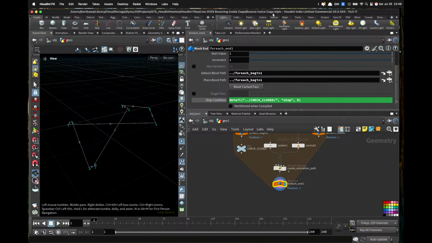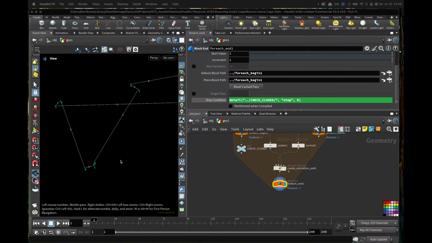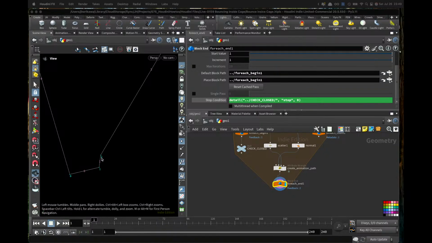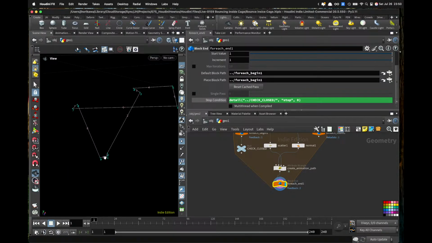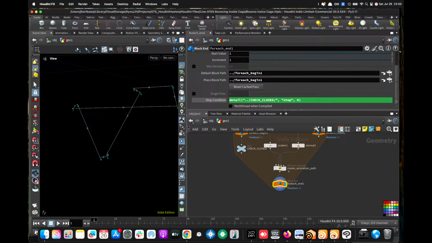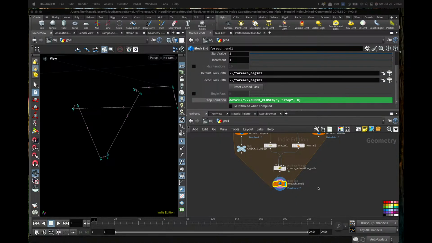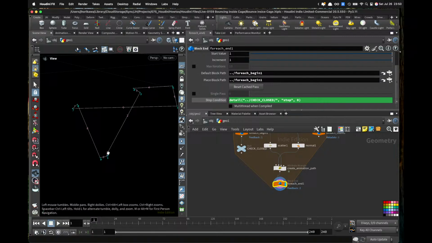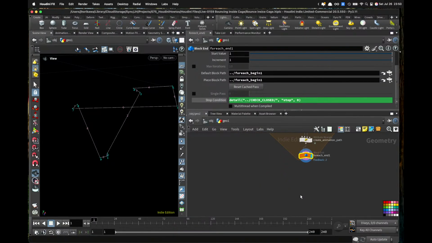Okay, so there is a chance that the point between the end point and the starting point of the one pass is too close, which makes the animations look like they're going too fast or too slow within this path. So for these paths, I think I'm going to merge or fuse them together if the points are too close to each other. So I'm going to create a fuse node,